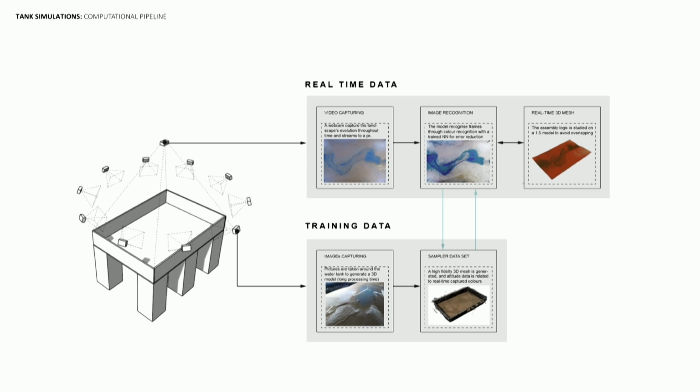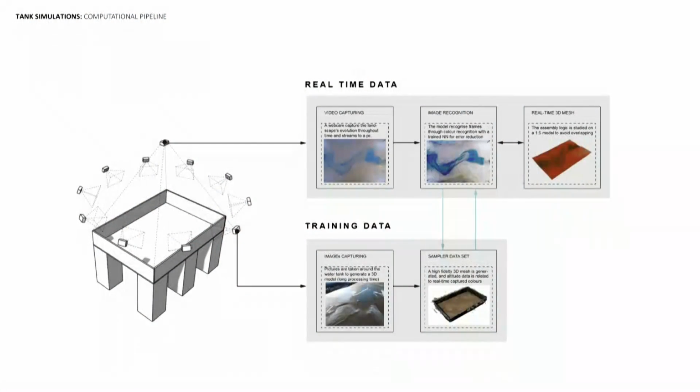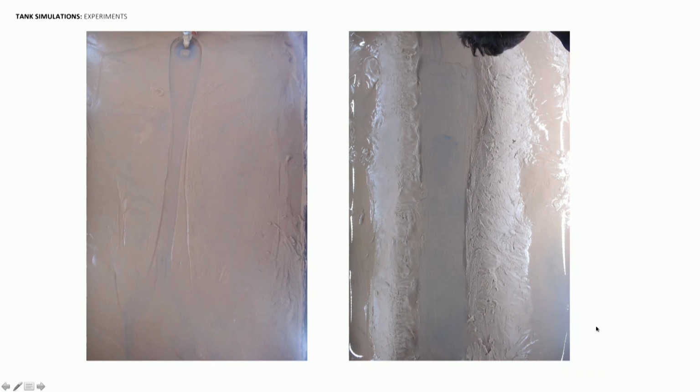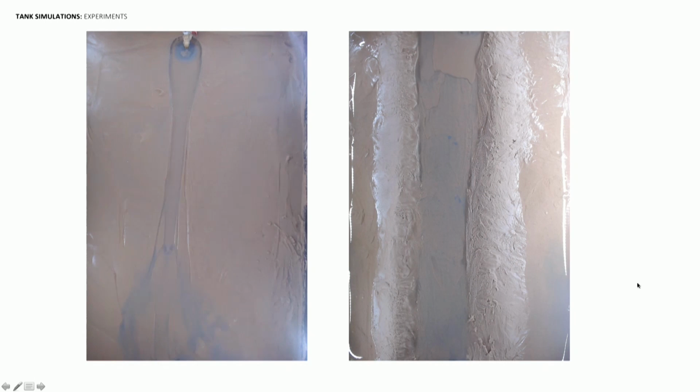Just chipping in, we use real-time data capturing using color-coded water tainted. We want to use it in the future as training data, basically using photogrammetry to fabricate a 3D model, which helps smoothen things, and hopefully we can use machine learning to clean up the real capture data. That's something we've only just started to sketch, and Claudio, who's not around here, will hopefully be in charge of it. And here's a quick video of what we were experimenting with in these simulations.